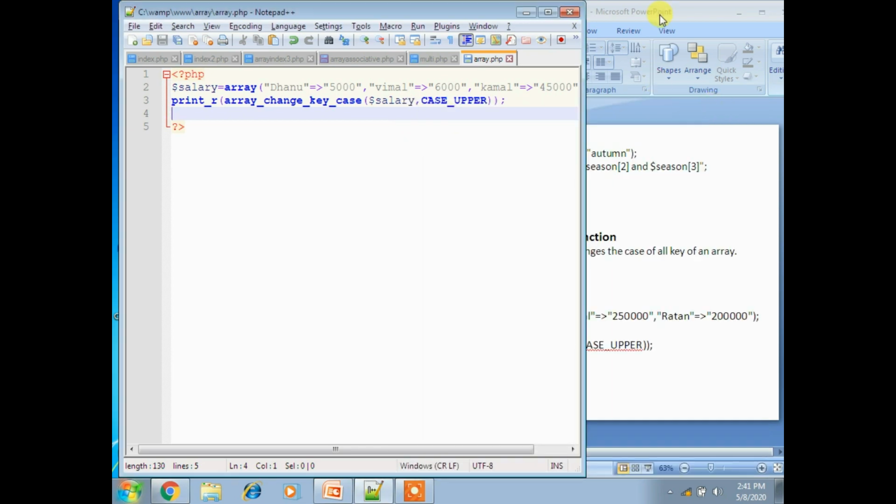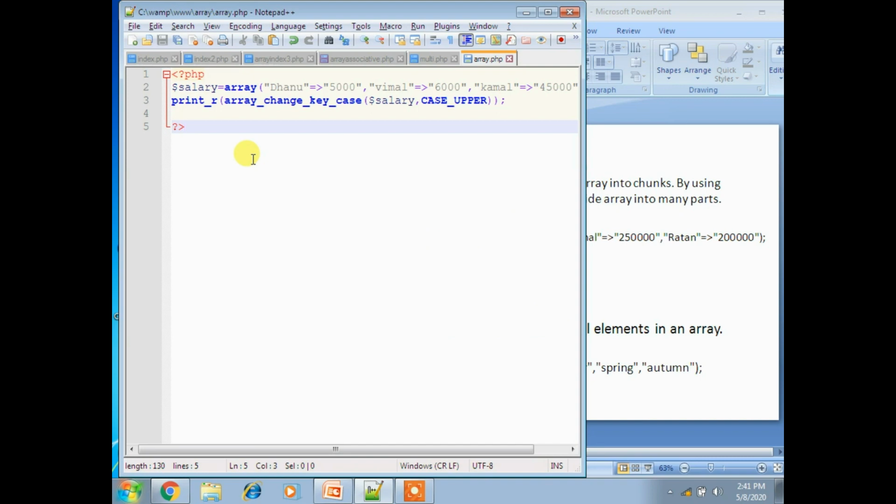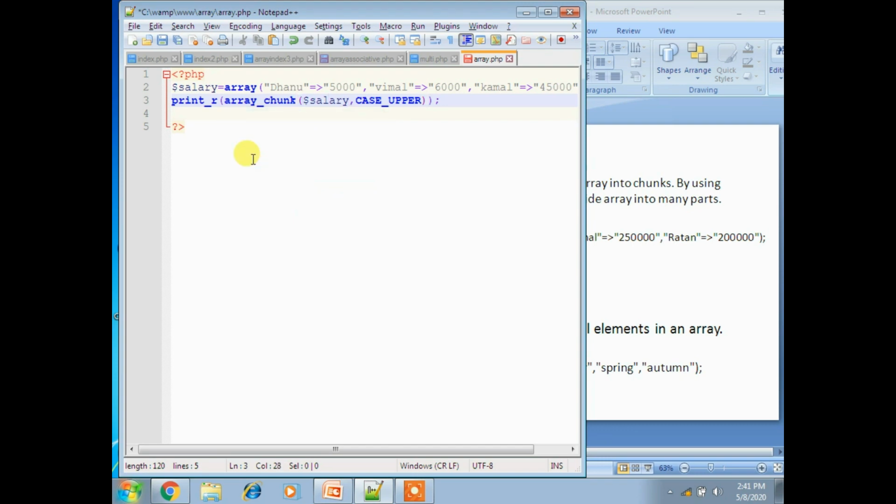Let's see the third method, which is array_chunk, which splits an array into chunks. By using the array_chunk method, you can divide an array into many parts. So let's see an execution part for this program. I am taking the same example, and in the place of array_change_key_case, I want to place one more thing, that is called array_chunk.